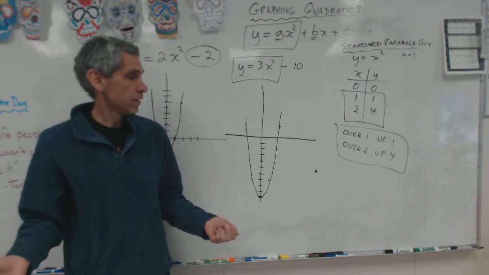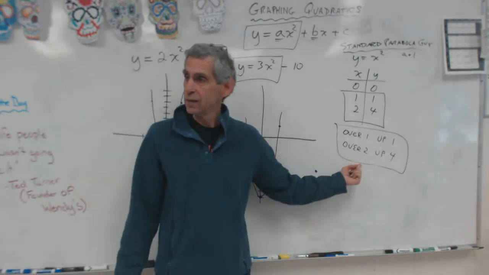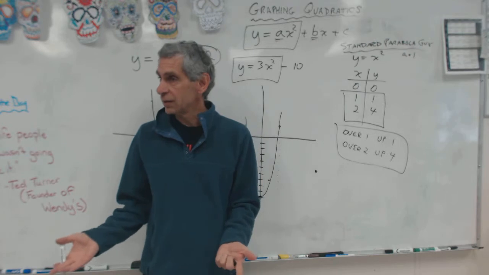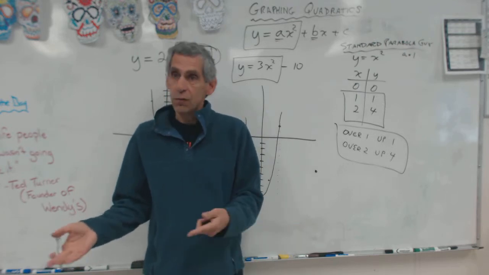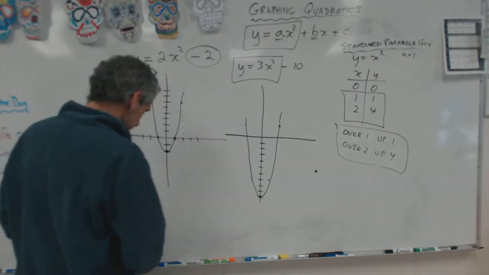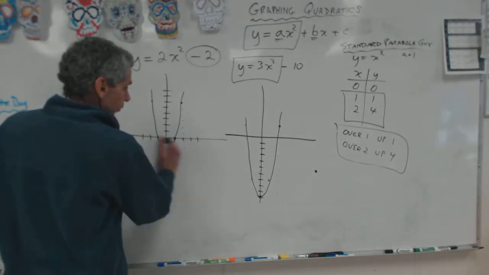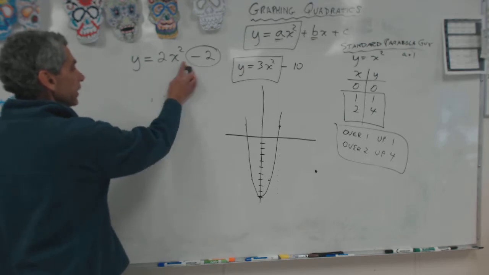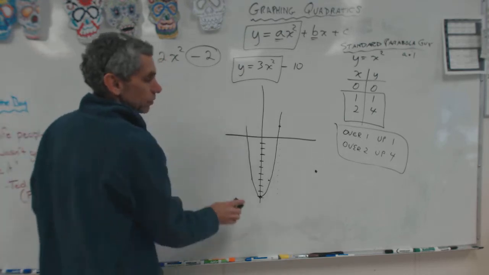Don't you think? Right? This part's a piece of cake, right? You just have to figure out where the vertex is. Then it's no big deal. Over 1, up 1. Over 2, up 4, right? So, okay. Now, in order to find out how the b affects the vertex, you have to use a